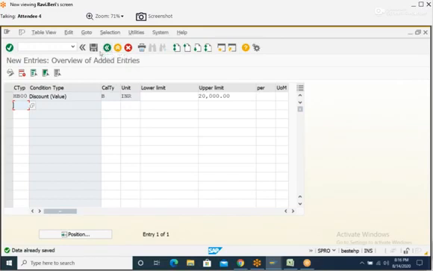Sir, one more, sir. Right now the tax amount is coming like 12,600.53. So is this correct? We'll see in 16 fields. Sir, how to round off the decimals? We'll see in 16 fields of pricing procedure. We have formulas for that. We'll discuss there in 16 fields. Thank you, sir. Okay.